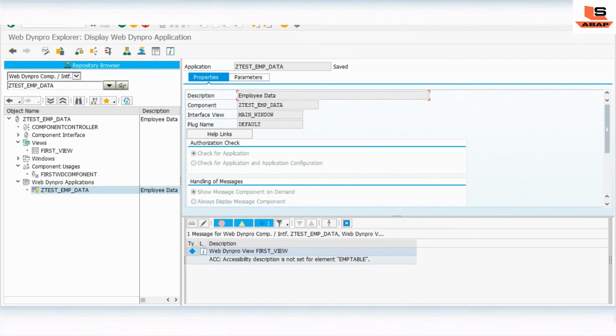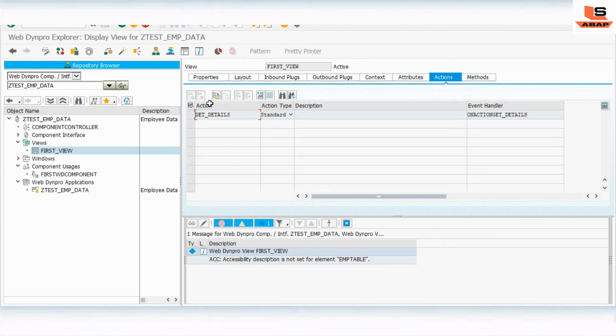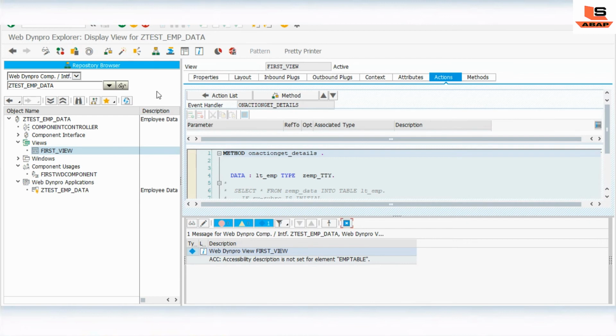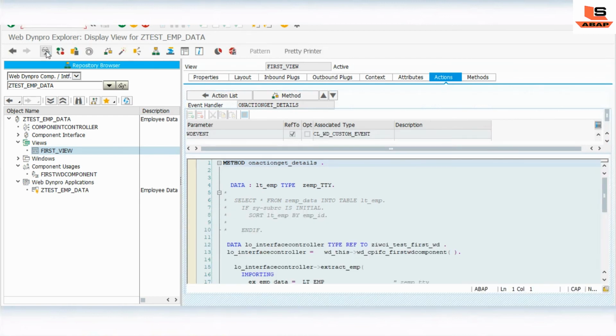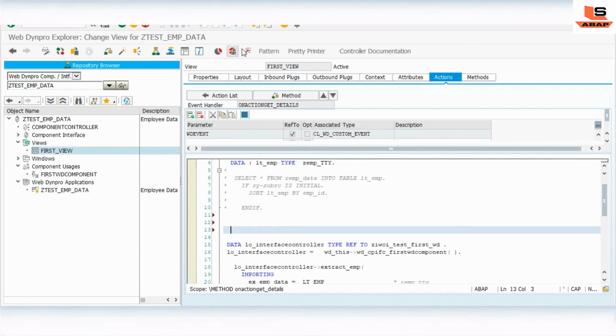Inside the employee data, go to the first page. Whenever we use this component, we just need to initialize this component. So we'll go to this component, get detail, go to the edit mode, and here we just need to initialize this component.